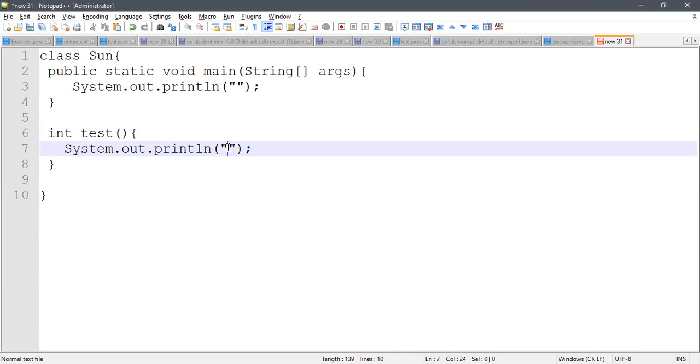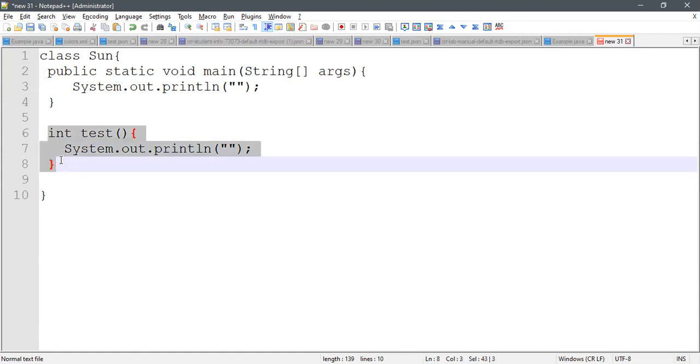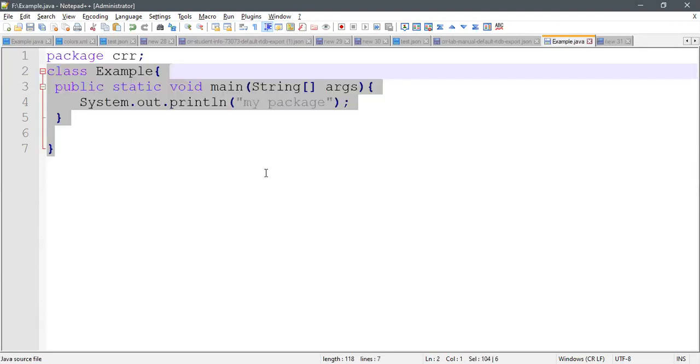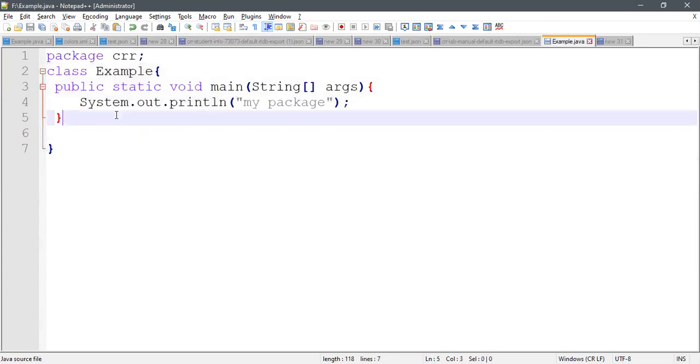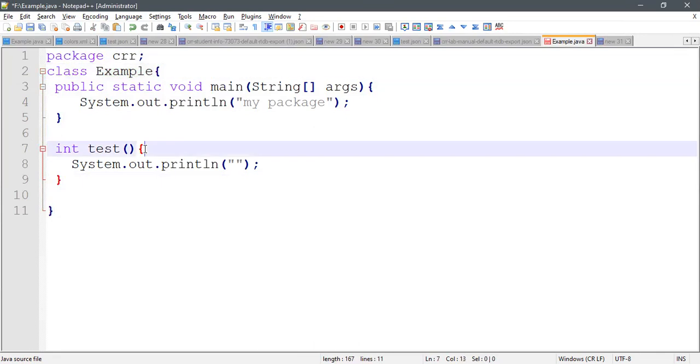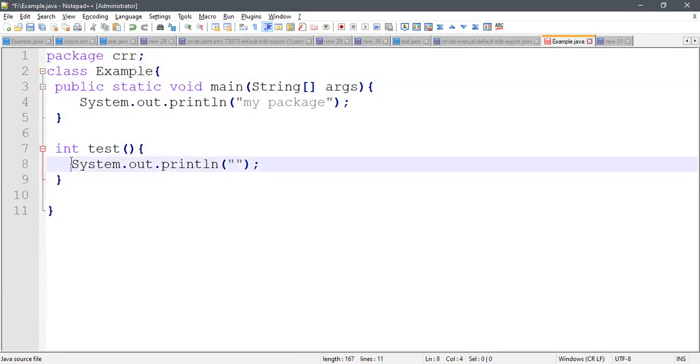Why am I doing it like this? I need to place this inside this one. So I'm going to access this by using this import statement. By using the import statement of crr.example, I'm going to access this. Okay. Because there is a return type, you need to return the value, like return 5.